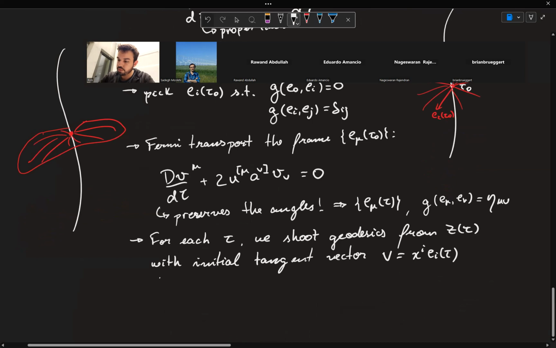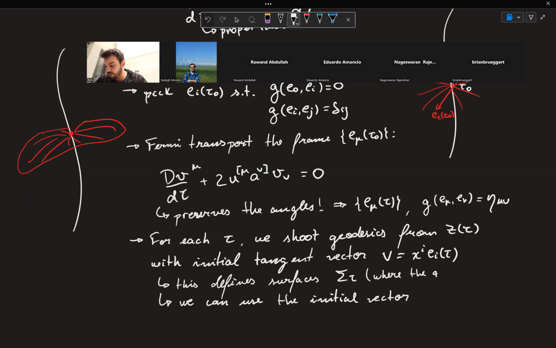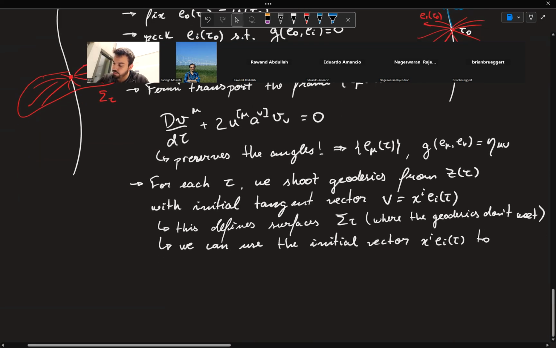So this defines surfaces sigma tau, and just for completeness here, there's a sigma tau where the geodesics don't meet. So I'm just going to say that if the geodesics meet, then we don't care about these points. These points are not a part of any surface sigma tau. Okay. So then we can use the initial vector xi e_i to define coordinates in sigma tau